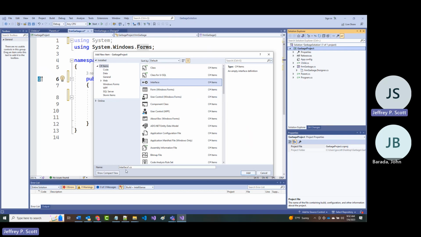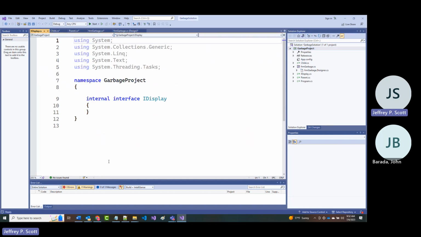All right. And I will call this, notice it's called interface 1, which I don't like, but it starts with an I anyway. So I'm going to call this IDisplay.cs. And I can put anything I want to put in here. Notice it says internal interface. It does not say class. Again, you would typically change this to public.